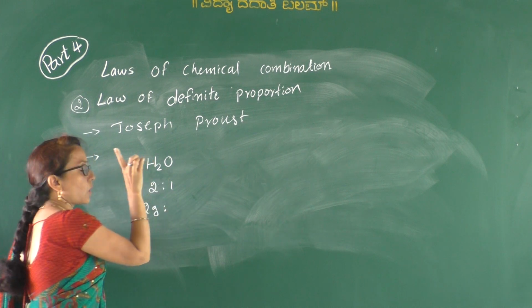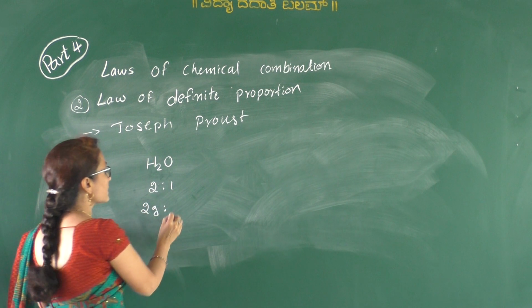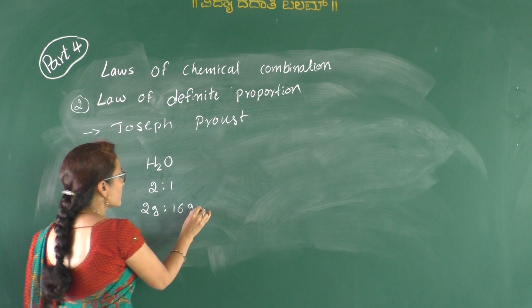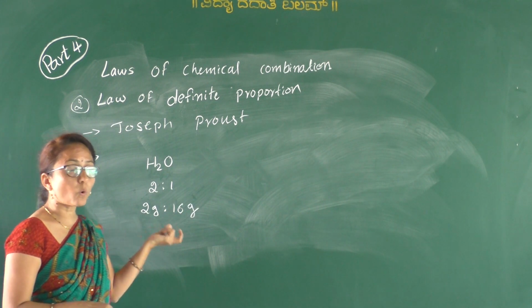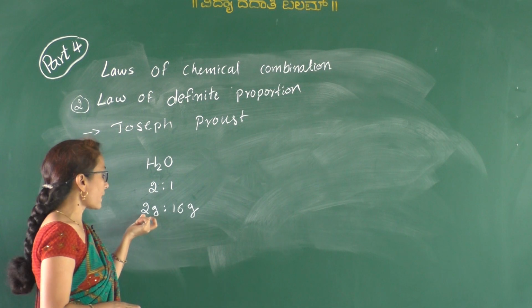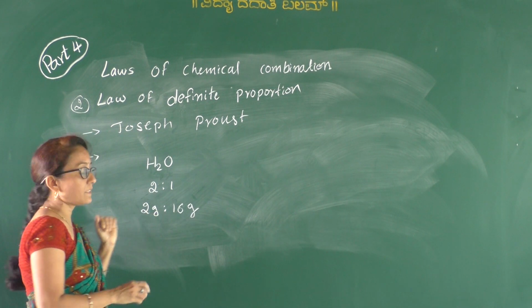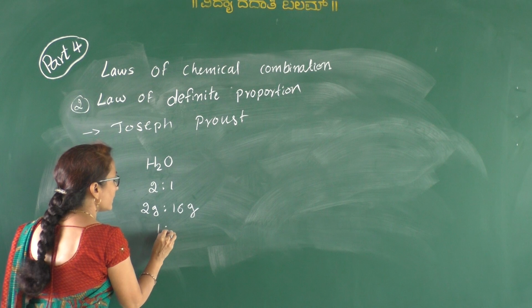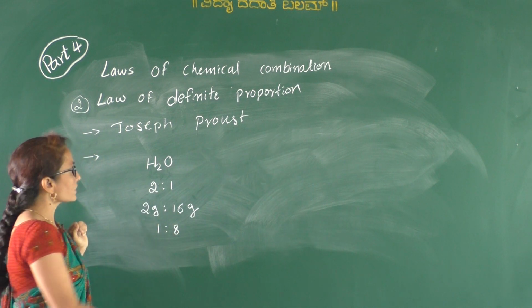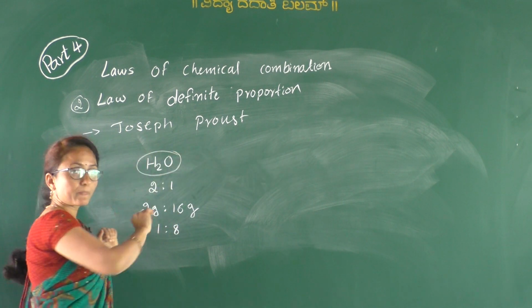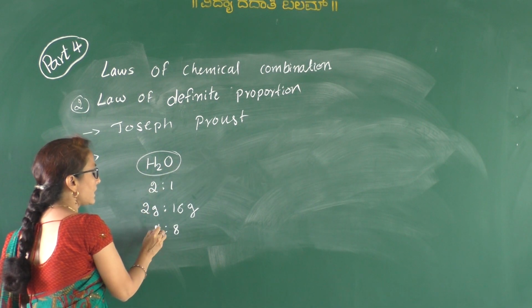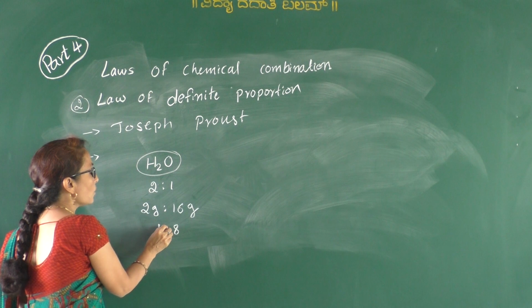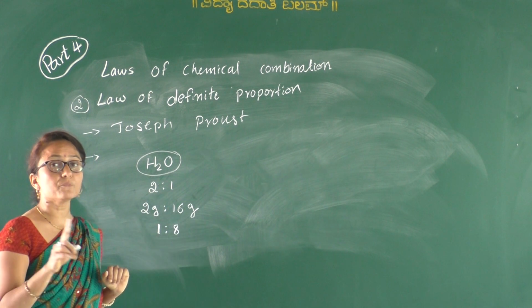So then oxygen, 1 atom of oxygen means that is 16 gram. So if you have taken the ratio of these 2, the simplest whole number ratio, the smallest number is 2. So dividing by 2 we get 1:8. So therefore in water, hydrogen and oxygen are always present in the ratio of 1:8 by weight.